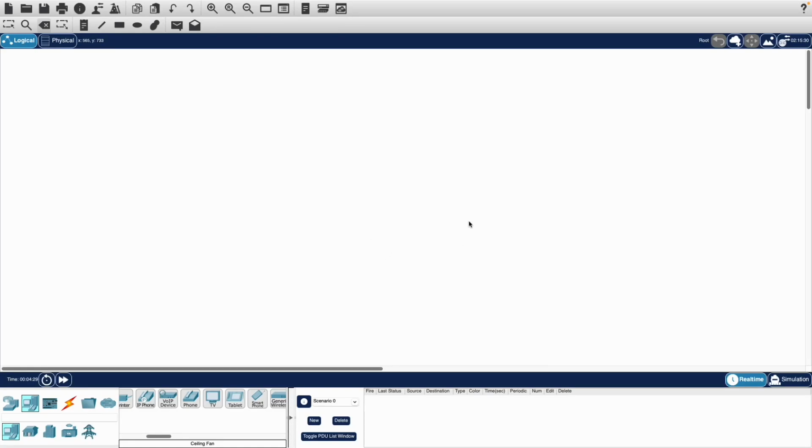Today I will show you how to implement an IoT use case using the Cisco Packet Tracer. So first of all, we need some key components. The first one is a home gateway. It should be here. The home gateway is responsible for connecting all of the smart devices in the house to